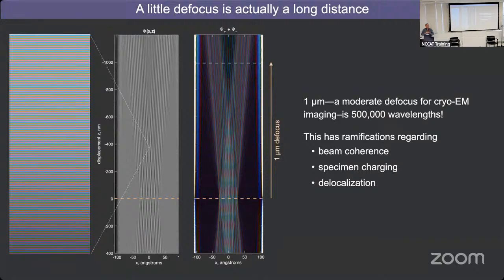And now let's suppose that the electrons going through the optical system of the microscope are taking slightly different paths. So one comes in at an angle like this, another comes in at an angle like that. Well, because I'm looking so far away from the specimen, that's going to make my diffraction pattern change its position depending on the angle at which the electrons come through. So it's very important that the electrons follow exactly the same path through the microscope. This is called spatial coherence in the microscope, and